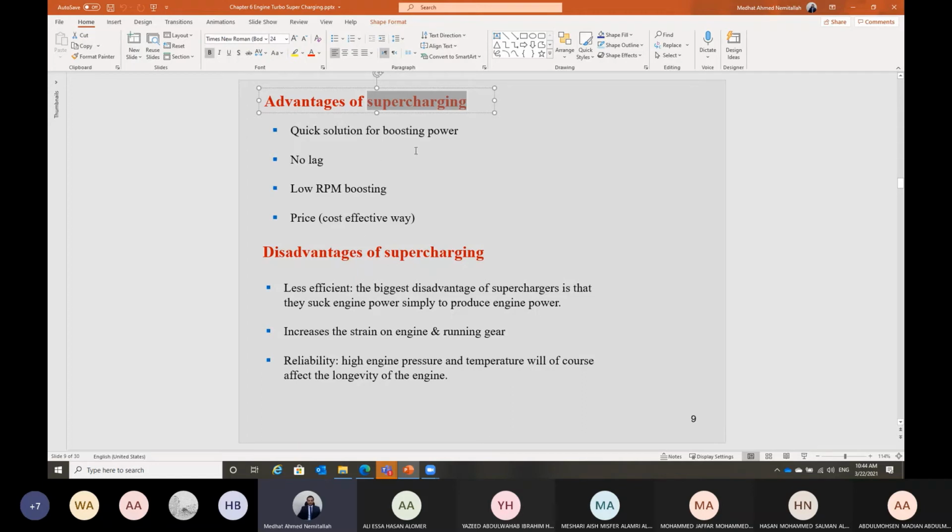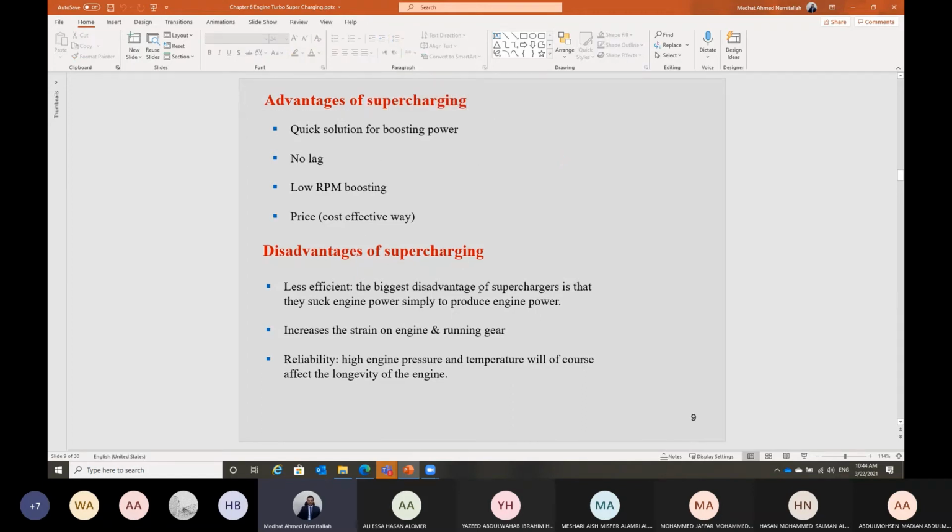Those are the advantages of supercharging, but the disadvantage is that it is less efficient, because the supercharger takes part of the power of the engine, part of the crankshaft power, to drive the compressor. In this case we have a positive effect for the compressor, increasing the amount of air to increase the engine power, but on the other hand we consume part of this engine power in order to drive the compressor. So it is less efficient compared to the turbocharger,